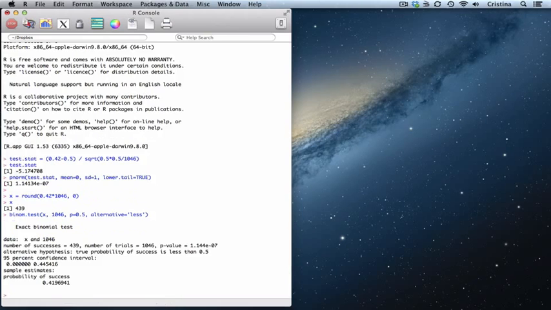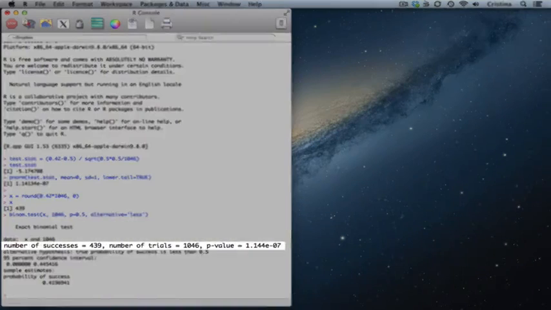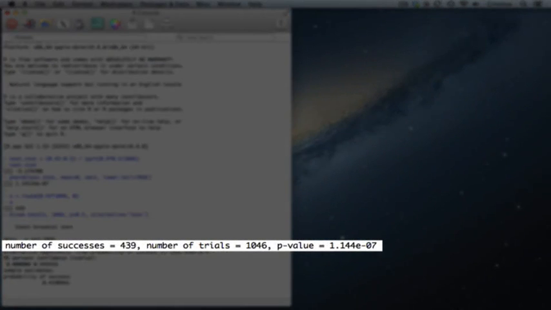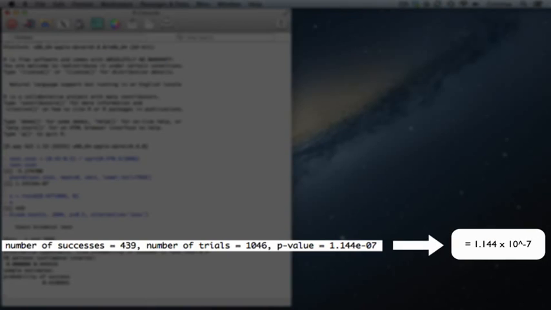Let's go through the output one line at a time. First, we can see that we have 439 successes in 1046 total trials. This yields a p-value of 1.144 times 10 to the power of negative 7. That is 0.0000001144. From the guidelines you've seen in the lecture, this p-value is extremely low, which will lead us to reject